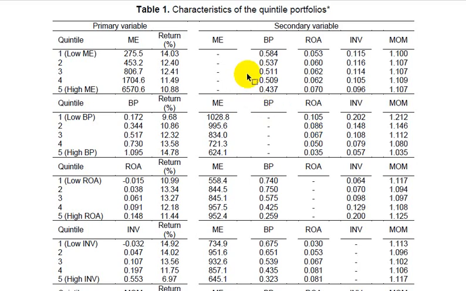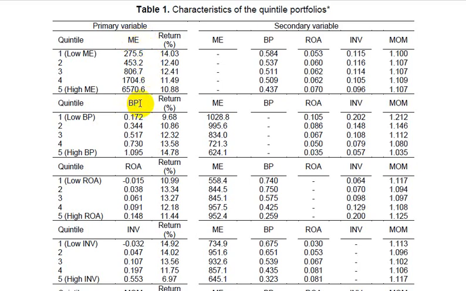So the authors in this paper want to understand how common anomalies that have been found in the prior investment literature are affected by each other whenever they're combined. So, for instance, the five anomalies that they're studying are the size anomaly, which is market equity,